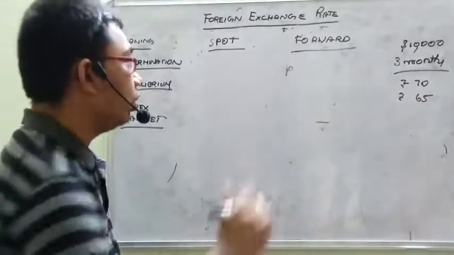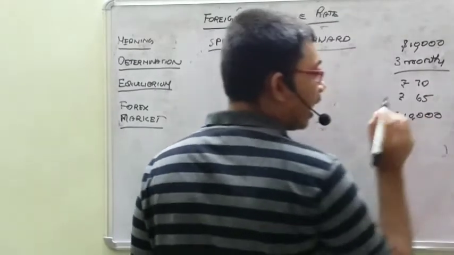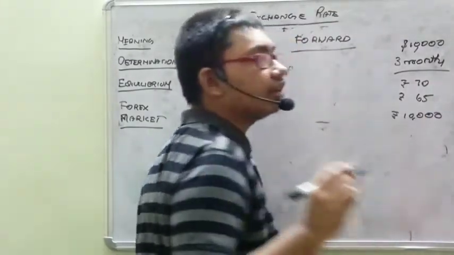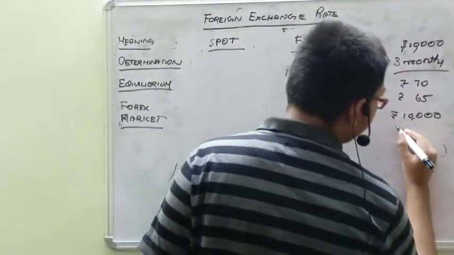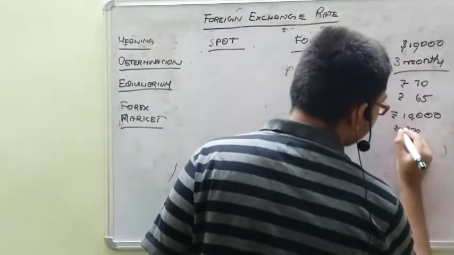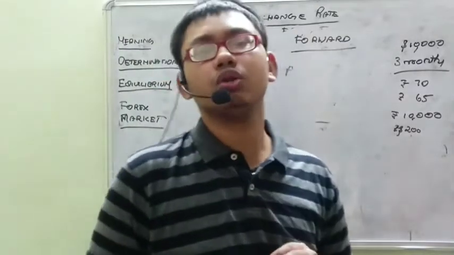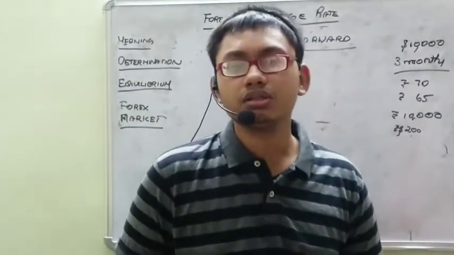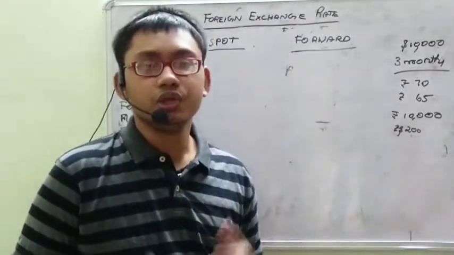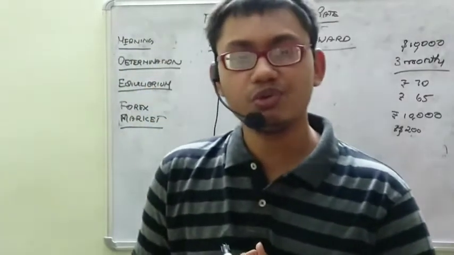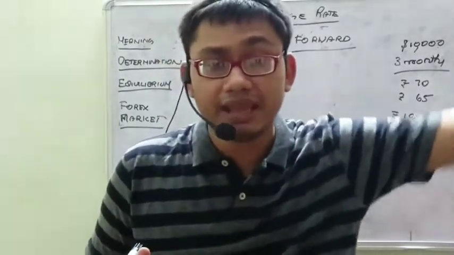Let's take the reverse situation. You are selling goods worth rupees 10,000 to somebody. Let's take the current dollar rate as rupees 50, so you will be selling for $200. But that person says I will pay you $200 after 3 months. Let's suppose the price of the dollar drops to rupees 45. Then what will happen? You will be getting only rupees 9,000 and you are losing 1,000 rupees just because you let that person pay after 3 months.